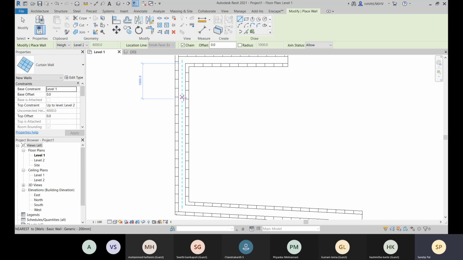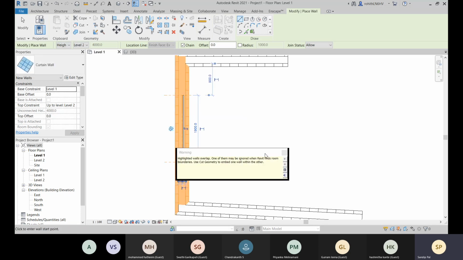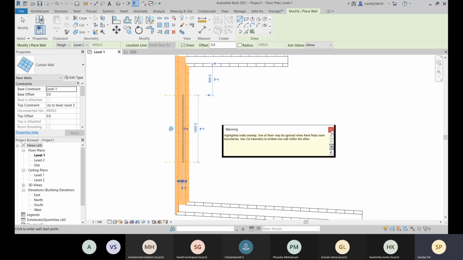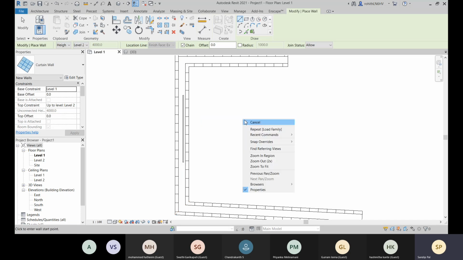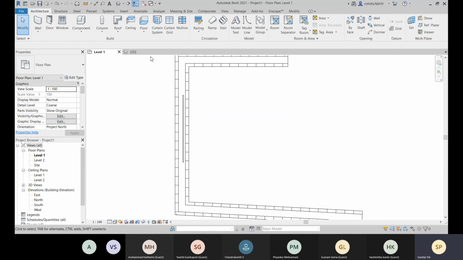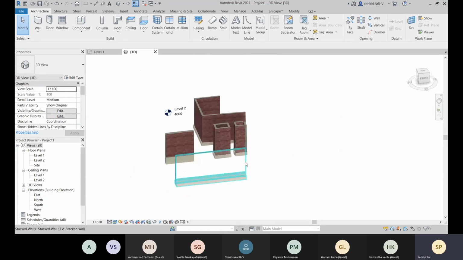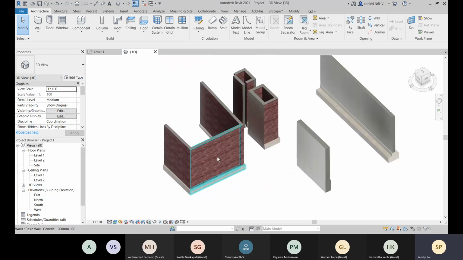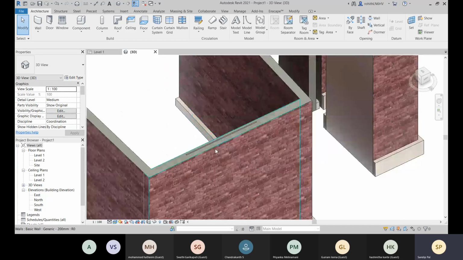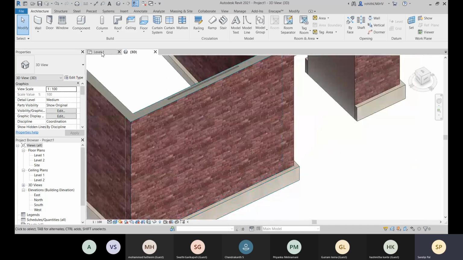Now let me place it here. Okay, and it will show you this warning, because you have made it overlapping, right? It's overlapped right now, and here you can see that you cannot see it. It is available there, but it is right now overlapping.